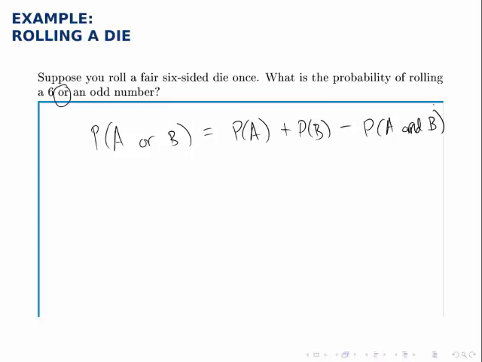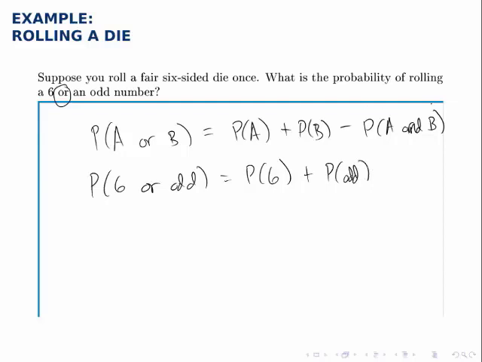In this case, a 6 and an odd number are mutually exclusive events. These events cannot happen at the same time. If you roll a 6, you didn't roll an odd number, and if you rolled an odd number, you didn't roll a 6. So the probability that both of them happen together is 0. So in this case, the probability of rolling a 6 or an odd number is just equal to the probability of rolling a 6 plus the probability of rolling an odd number, because there's no overlap, so that doesn't affect